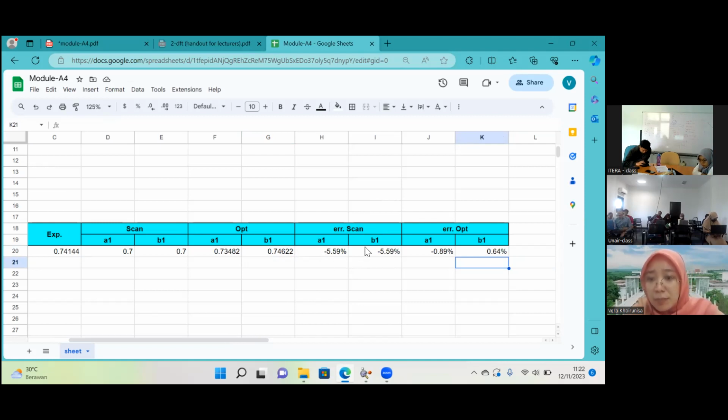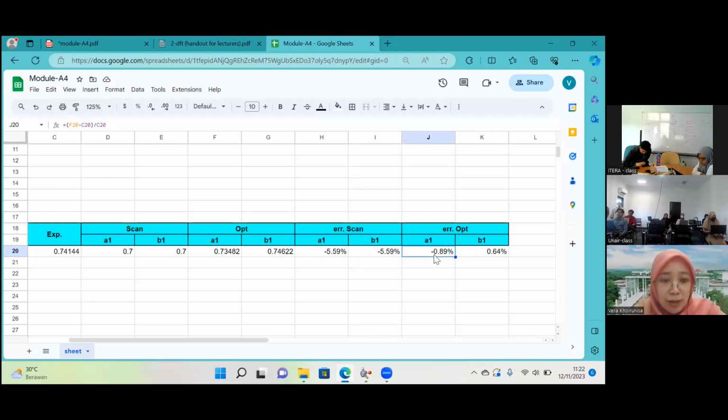But for the optimization, you can see which one is the best and which one is the worst. So this has more accurate result because the number of error is the lowest one, and this one will be